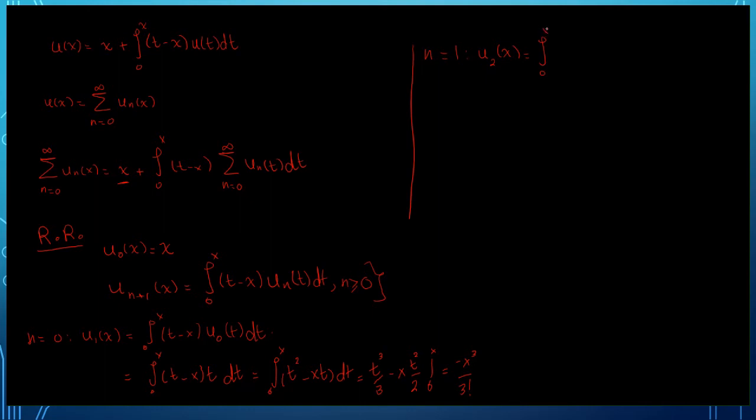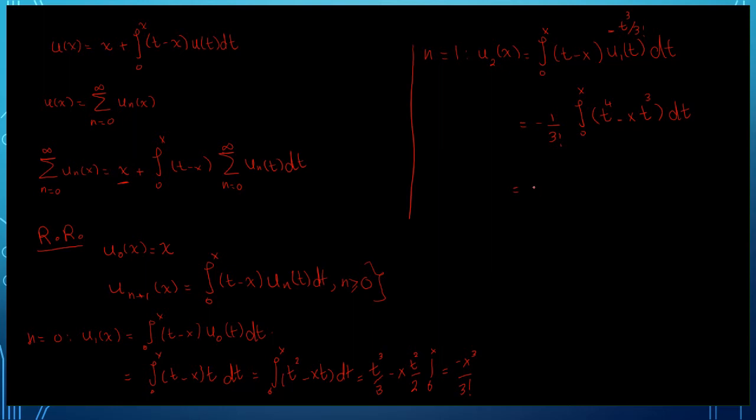The integration from 0 to x of (t minus x) u1 of t dt. u1 is minus t raised to 3 over 3 factorial, so minus 1 over 3 factorial, the integration from 0 to x of t raised to 4 minus x t raised to 3 dt. Okay,